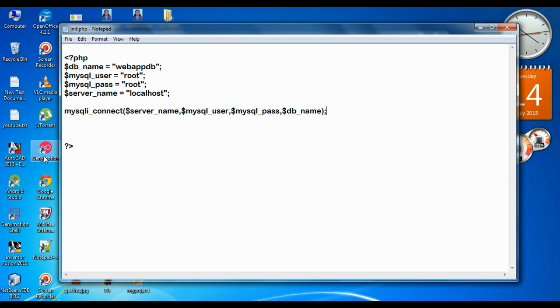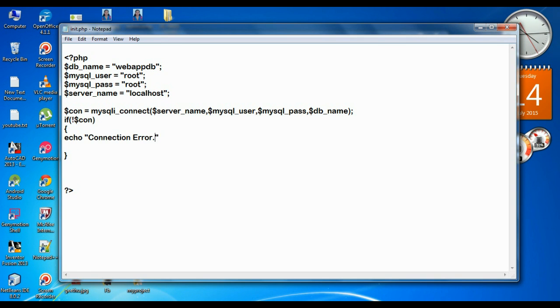Okay. So this statement will establish a connection to the MySQL database, and here I am going to use another variable to save the connection. I define another variable con, and now we have the connection available in this variable. Okay, so now we have to check whether the connection is success or not. So use an if statement. If not con, in that case, the connection is failure. So display some message, echo